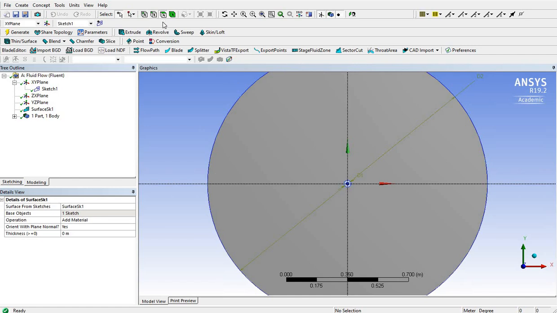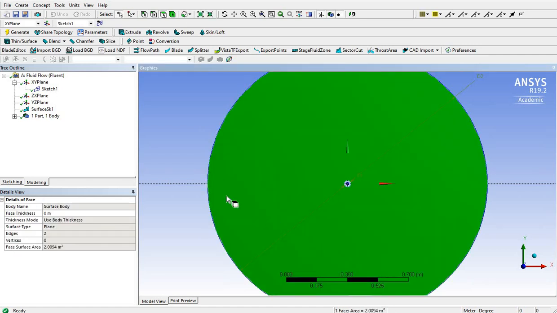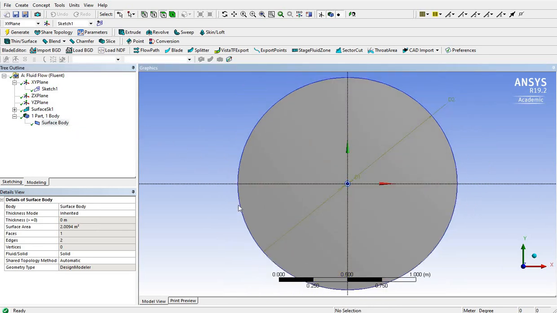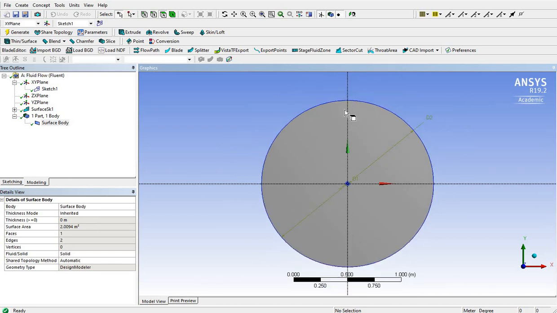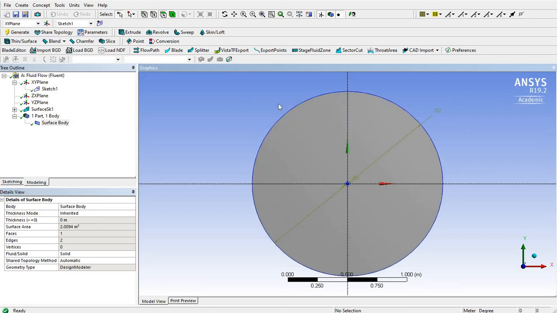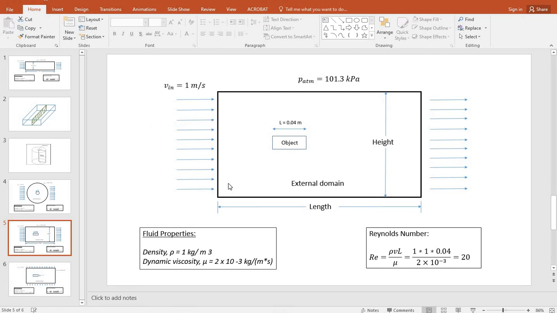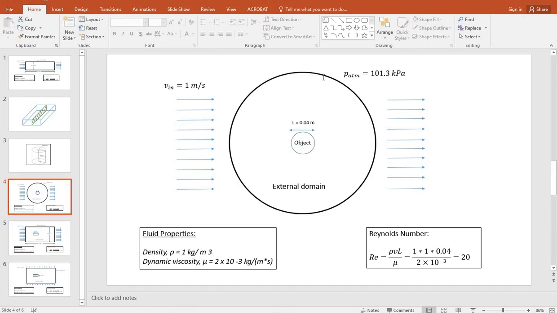Now, one extra thing we are going to do here is, as you can see, we have one big surface here. So this is one part. This is the surface body part. Now, we want to assign an inlet and outlet. Because this is a circular body, what would be my inlet and outlet? So an easier way would be if it had been a rectangle like this. So this would be our inlet, this would be our outlet, this would be our wall, far enough. This would be our wall, far enough. But we are doing a circular domain. So the easier way would be if we imagine we cut it like this. So this half part of the circle is my inlet, this half part of the circle is my outlet. Okay,